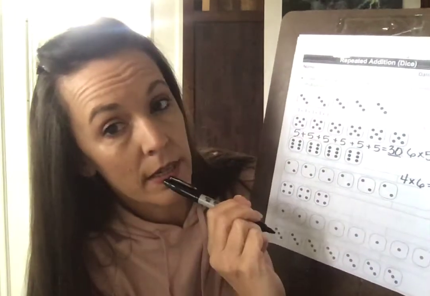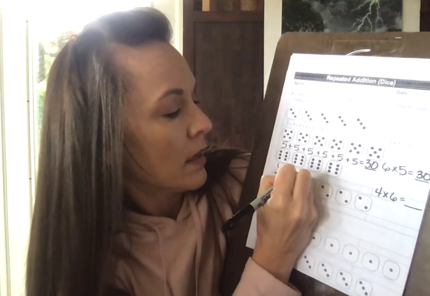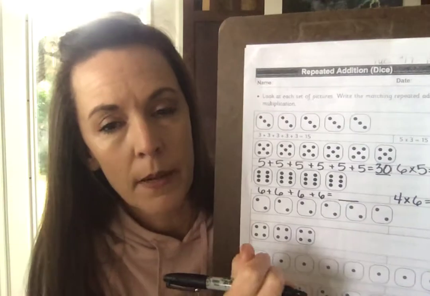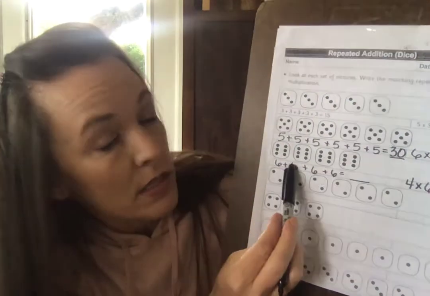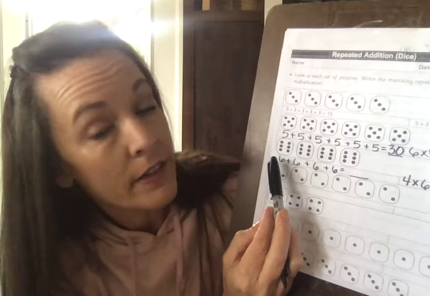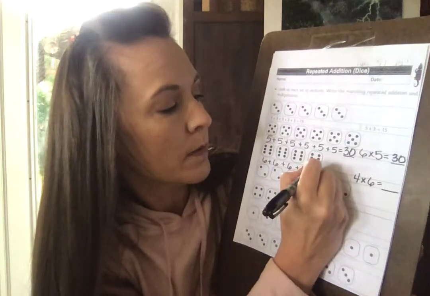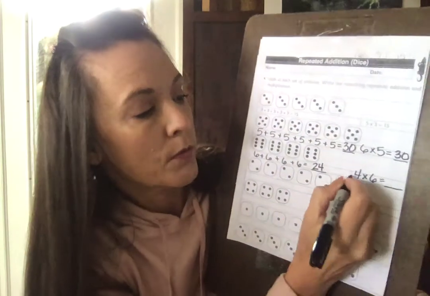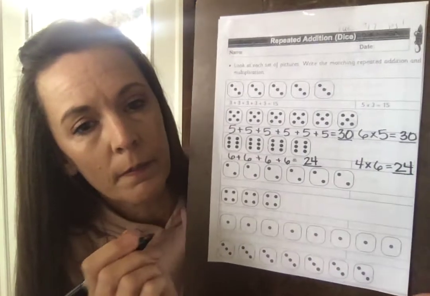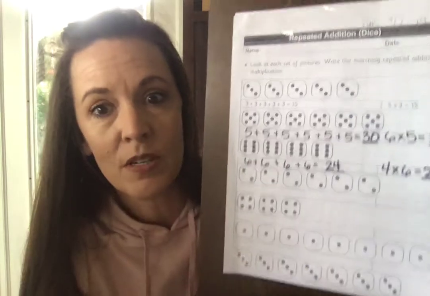To find that product, I can use the idea of repeated addition. 6 plus 6 plus 6 plus 6. And I'm going to find that sum. So if I add these add-ins together, 6 and 6 equals 12. So this 6 and 6 equals 12. So I can think of it as adding 12 and 12. 12 plus 12 is 24. So 4 times 6, that's right. The product is 24. Please complete 4 more problems on your own as you get really, really